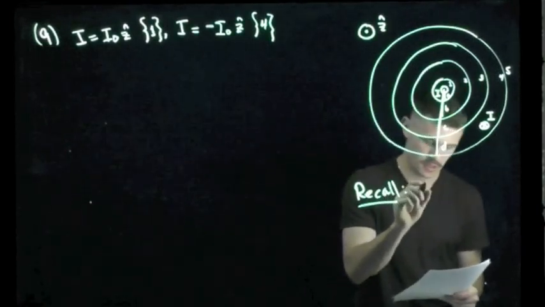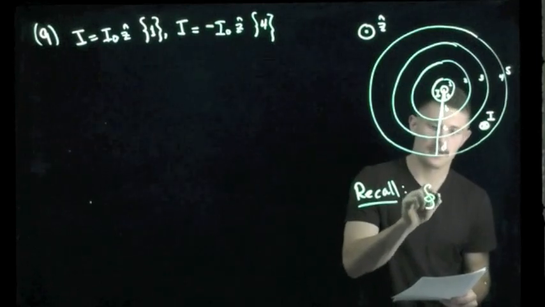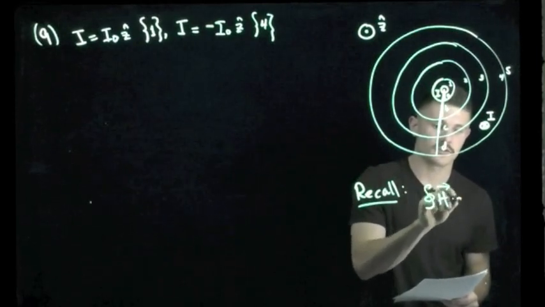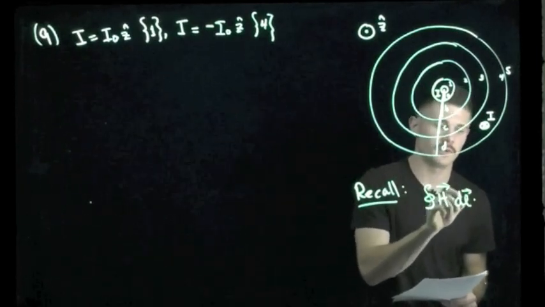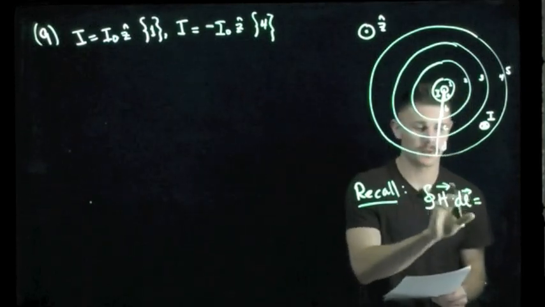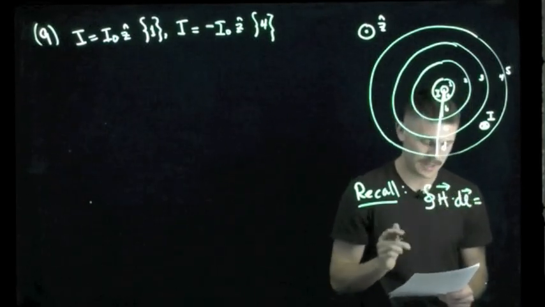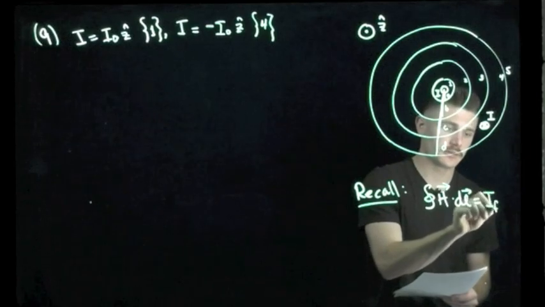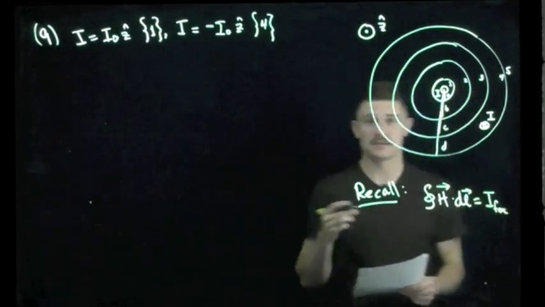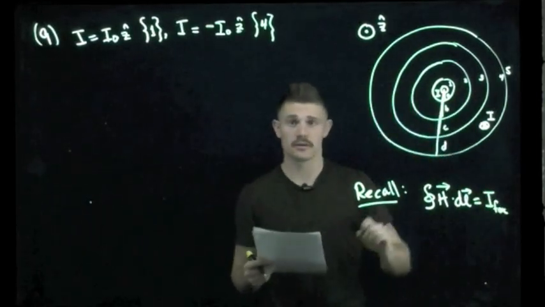And this Ampere's law equivalent says that we have the closed line integral of H, the auxiliary field, dotted with the infinitesimal line element dl, is equal to the free current enclosed by some Amperian loop,